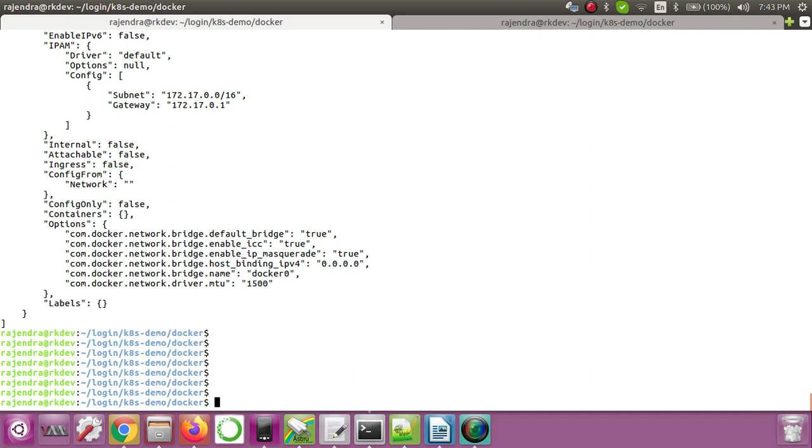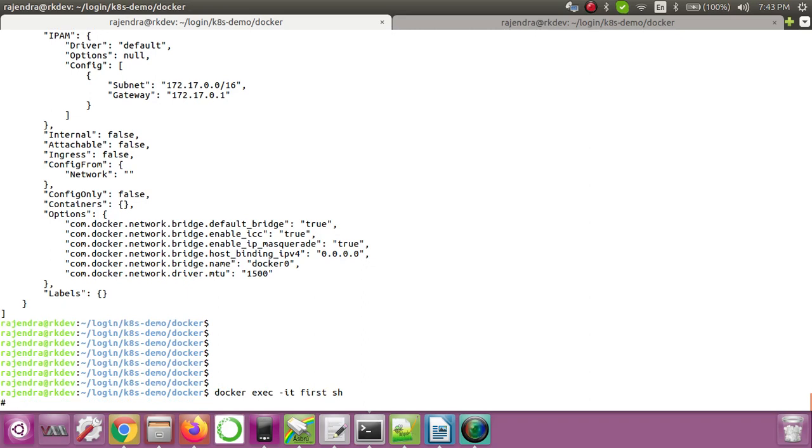Right now this container is connected to a single bridge only, that is my bridge, the user defined bridge. If you want to see how many interfaces are there inside the container, for that we do docker exec -it, then the container name first, and then sh.